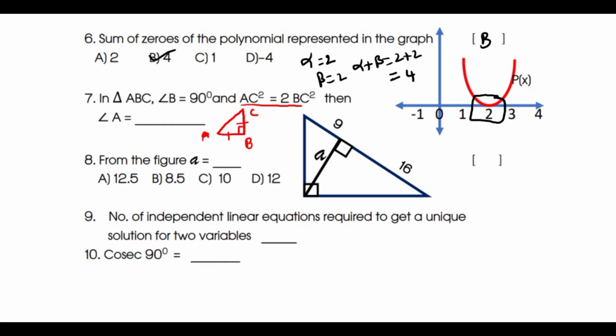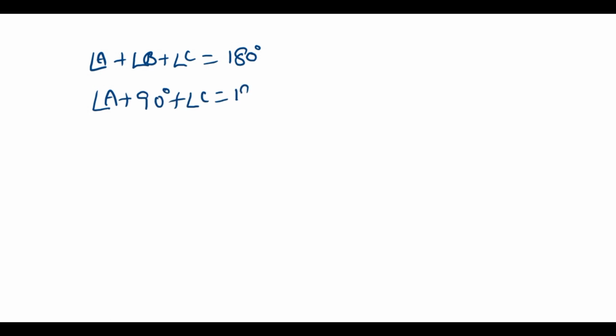When the 2 sides are equal, the angles opposite the equal sides are equal. In a triangle, the sum of the 3 angles is equal to 180 degrees. Here, angle A plus angle B plus angle C equals 180 degrees. In this problem we don't know angle A, but angle B they gave as 90 degrees, plus angle C equals 180. But in the problem the two sides are equal, meaning angle A equals angle C. You can observe here the two sides they gave equal.